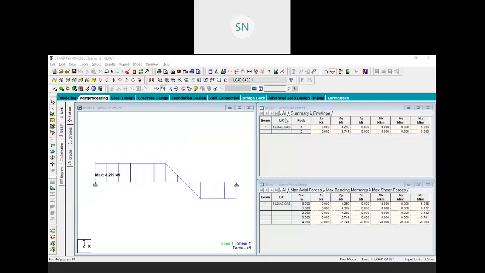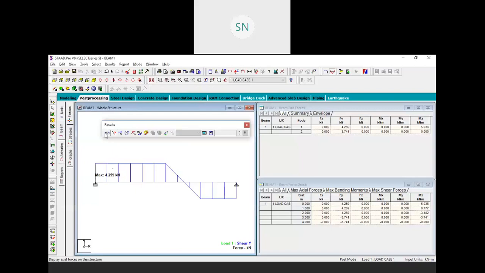Okay, but in this problem you will only get the forces result. See, here we have 6 things: fx, fy, fz, mx, my, and mz. Okay, but for this problem you will only get a result for mz and fy.